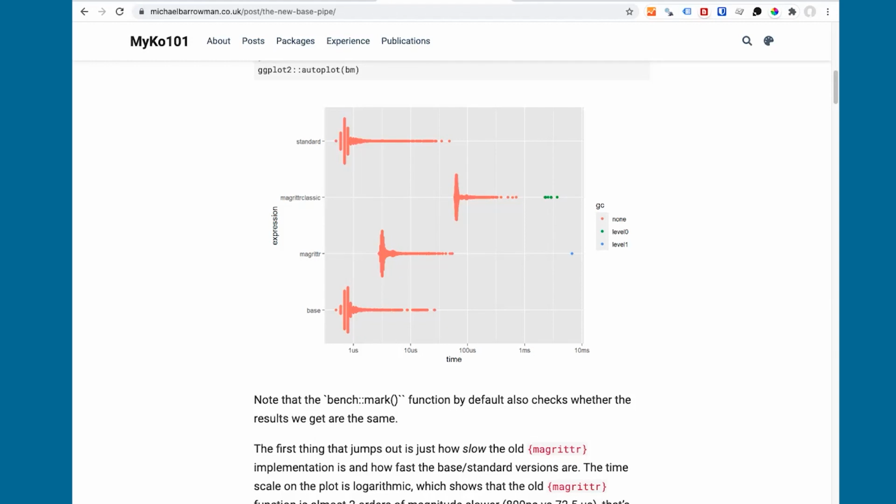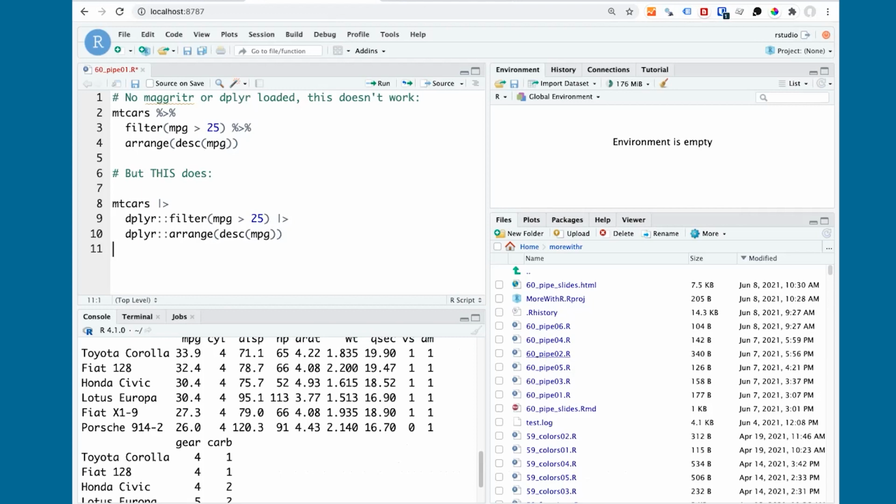The magrittr and base R pipes work mostly the same, but there's at least one important difference if you're using a function that doesn't have pipe-friendly syntax. So what do I mean by pipe-friendly? Pipes assume that the first argument in code right after a pipe is whatever the previous code returned and sent along. Here's an example. All right, let me get to my second file here.